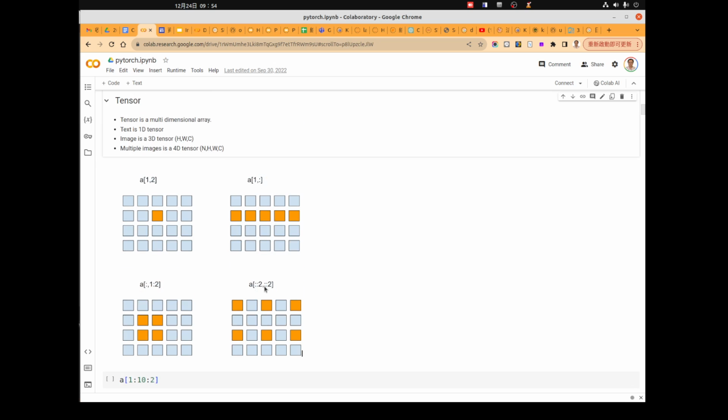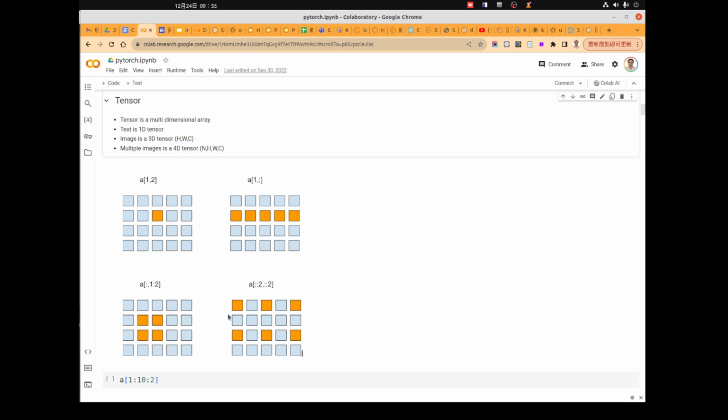In addition to the two numbers here, we can add an extra number after the two columns. This means the step. For example, we use step 2 in the row and step 2 in the column. First we select row 0 and then row 2, because the step is 2.